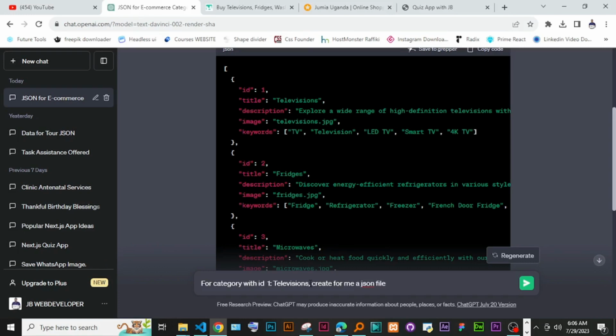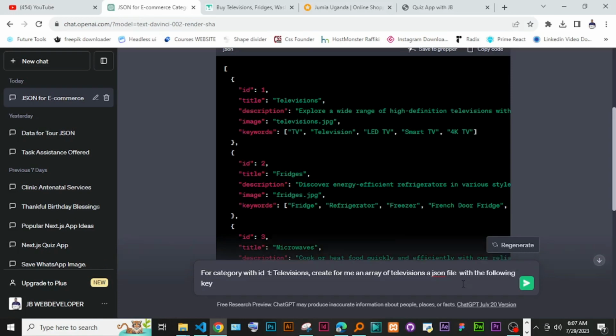Create for me an array of televisions as a JSON file with the following